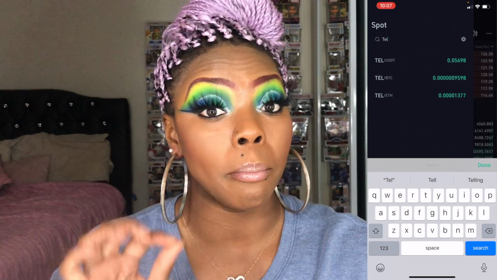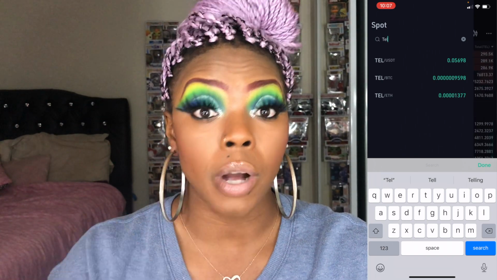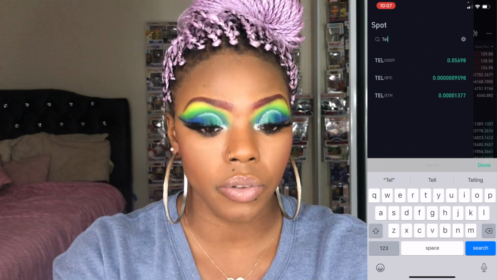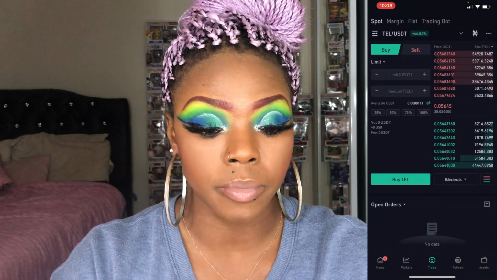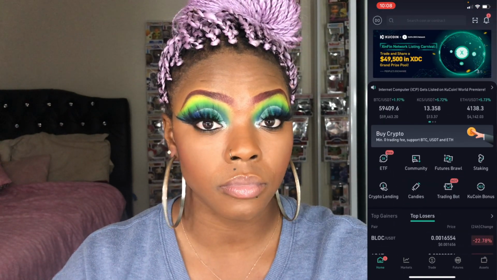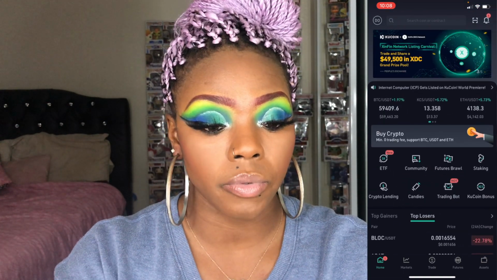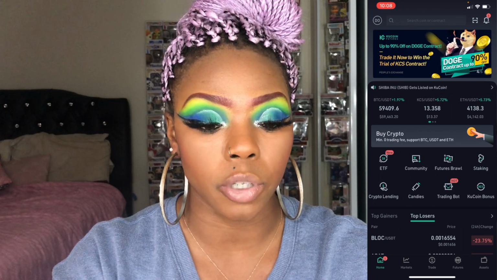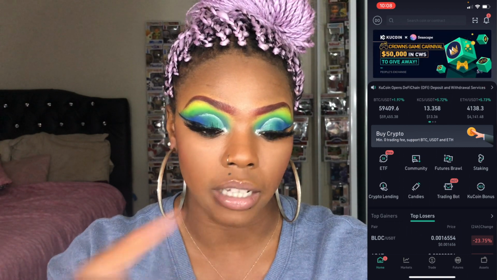One, you can buy directly from your bank account. Now, in order to do that, I probably should have shown you this first, but you would go to Home, and then in the middle right here it says buy crypto. You would click that, where the little hand is. It's pointing at the Bitcoin. You would click that,